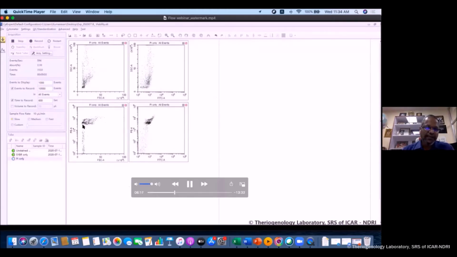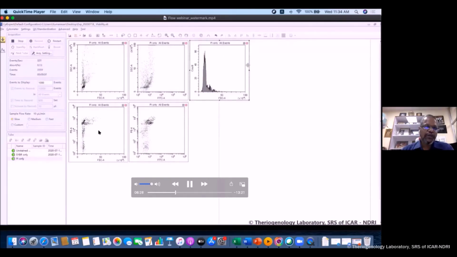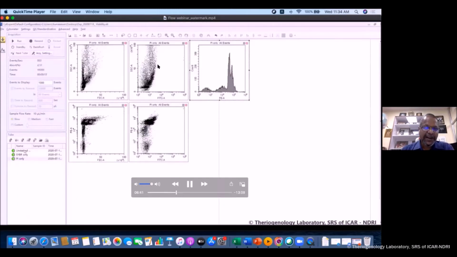See, these are all the dead population, and these are all the live population, and they are in the transition of death. So I started acquiring. And now, you see PA, there will be three populations. This is live, this is moribund or transition, and this is dead. PA is working perfectly.